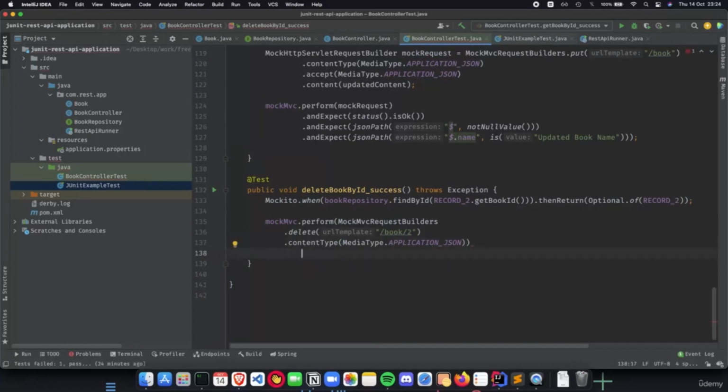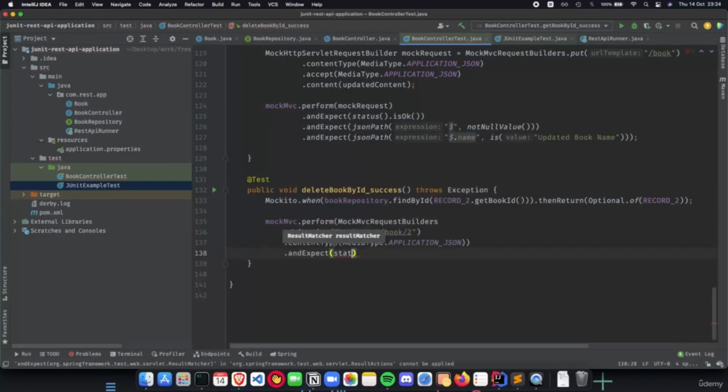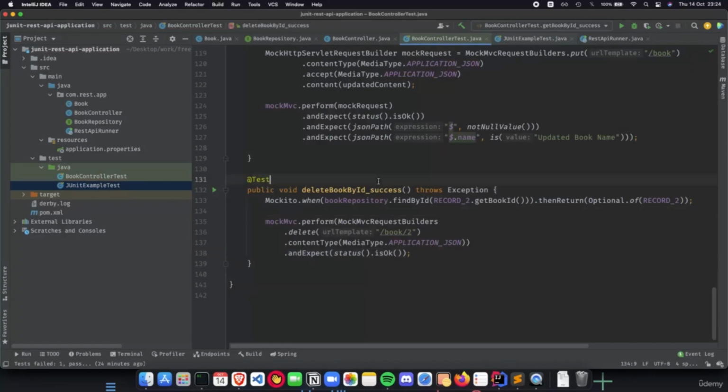So now that we have our perform and request builder ready, we just have to expect one thing, which is that the status is okay, and that is all that we need for a simple delete book by ID success